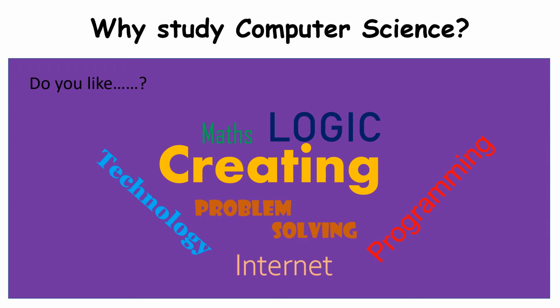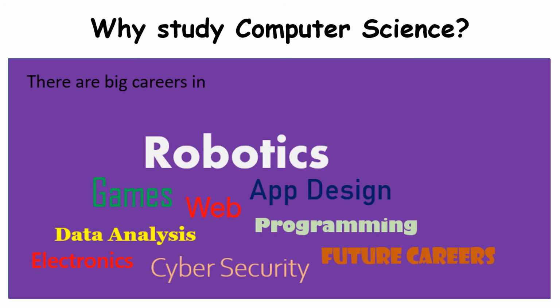Making a brand new program, making it work? Asking your friends to answer the questions on the program? Do you like a little bit of maths? Do you like technology? Is technology something you really like? If you answered yes, and you do like some of those things, you could end up in a really big career in computer science. For example, with robotics, you could end up making the next best robot to help clean the house,